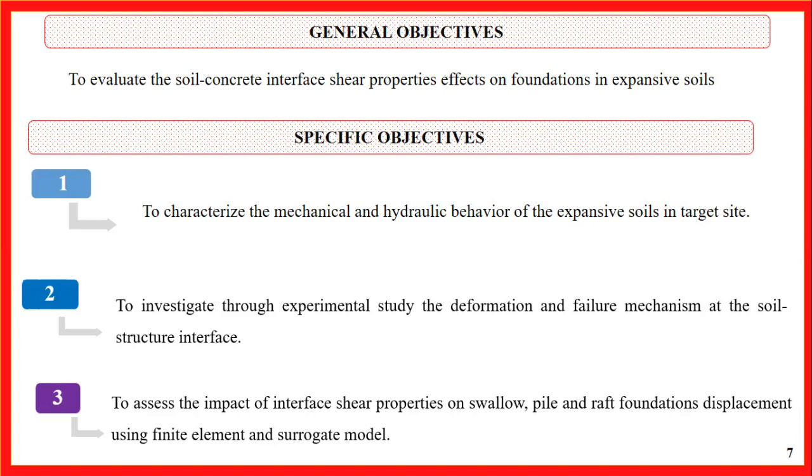People will have their focus on the title, the problem statement, the objectives, the research gap, and the conceptual framework, because they want to understand whether there is a problem there. So the first one is to characterize. The third one, as we have said, use the words to determine the effect. Now, the second one is to investigate experimentally